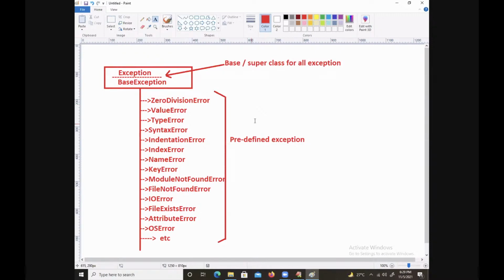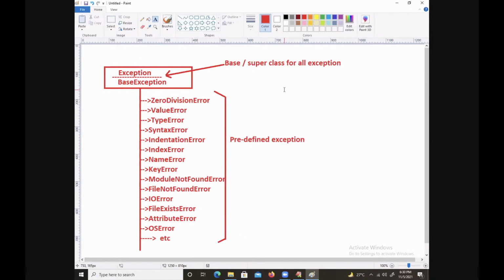So coming back to the point, tomorrow if you develop your own exception, for your own exception also, who is the superclass? From this exception or base exception, inheritance property, exception properties are inherited here. Yes, parent is also correct, but parent is a normal terminology. We call it an exception, base or superclass. So from this place only, all the exception properties are inherited.